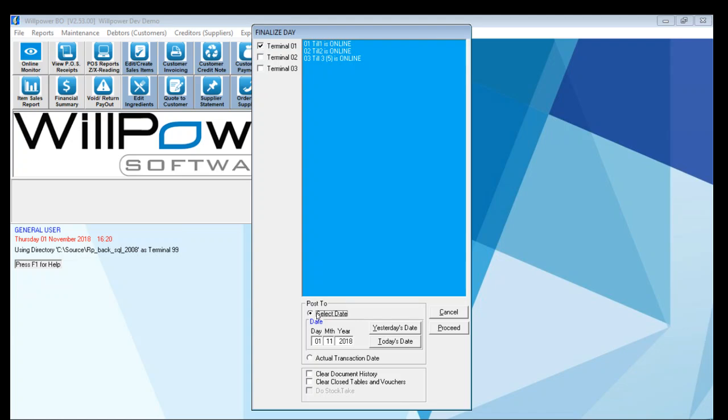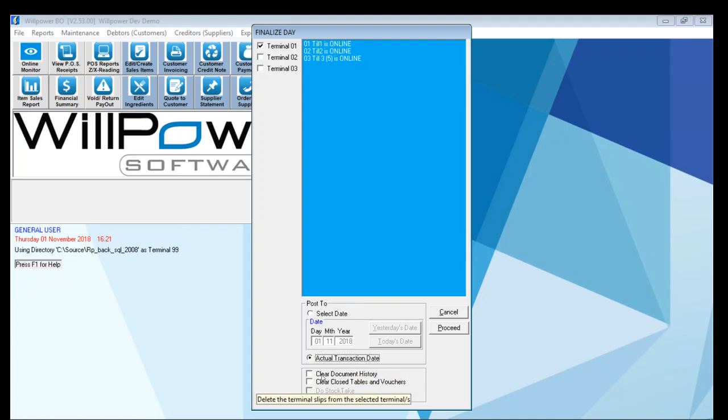Now typically our clients that work in a bar environment will select this option, specifically if they do the finalized day past midnight. If it's over midnight and you use the actual transaction date option, the sales that take place after midnight, past 12 o'clock at night, will actually be allocated to the next day. And maybe you do not want that because it belongs to one shift. But in most cases, normal businesses, normal trading hours, the actual transaction date is a safe option. If you haven't finalized day for 3 or 4 days, you can select this option. It will slot the sales to the day that it belongs.